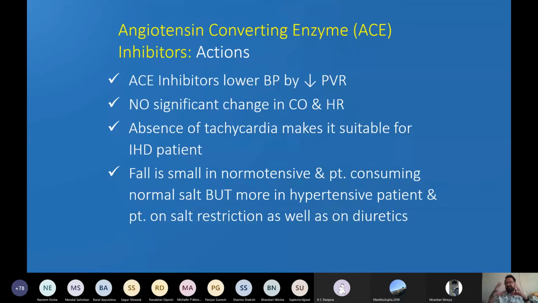when the vasodilatation is done, then your BP will go down. Okay, no significant change in heart rate and cardiac output. Some changes in cardiac output will be there because of vasodilatation, but heart rate will not change. And because the heart rate is not changing at all, tachycardia is not happening, it is suitable for ischemic heart disease patients. Okay guys, so why I'm telling you this is most of the antihypertensive drugs,